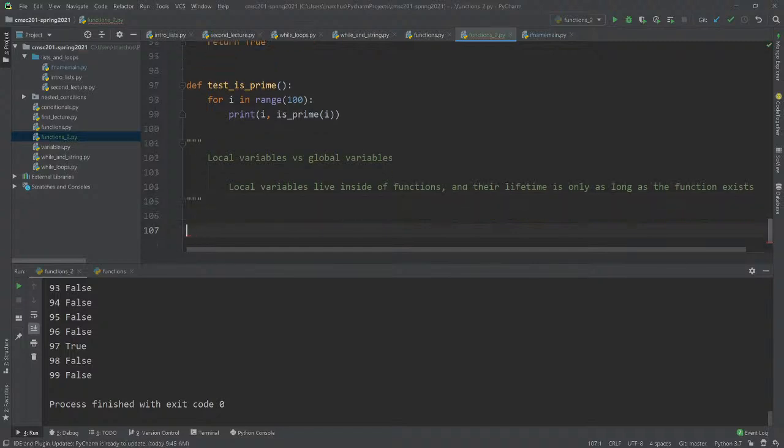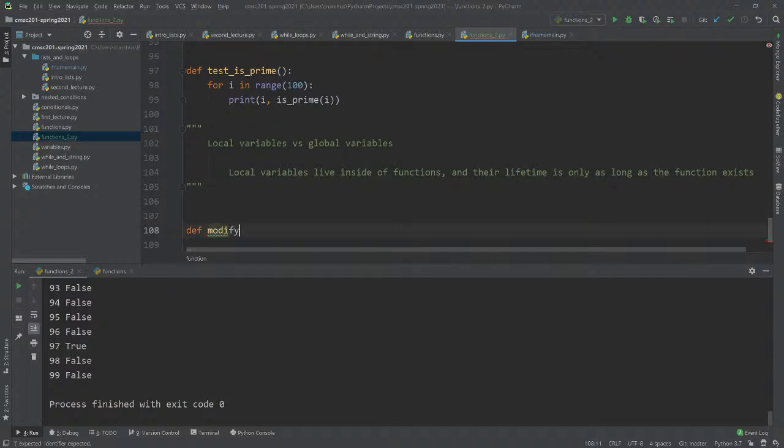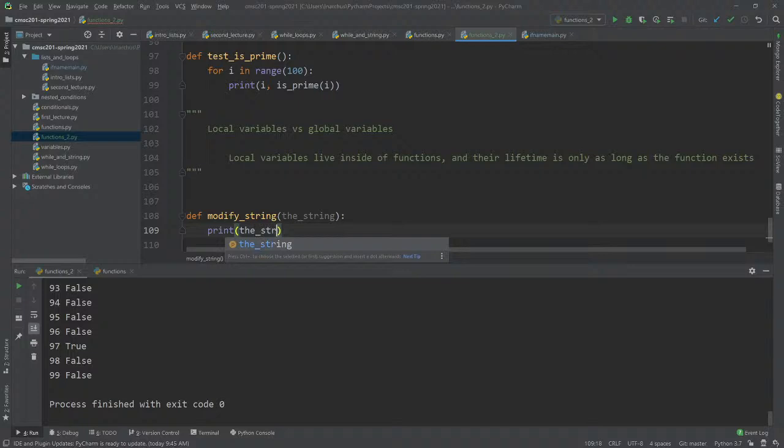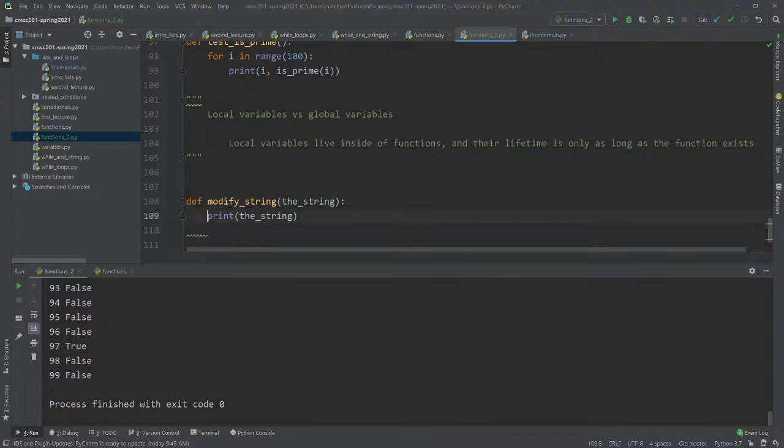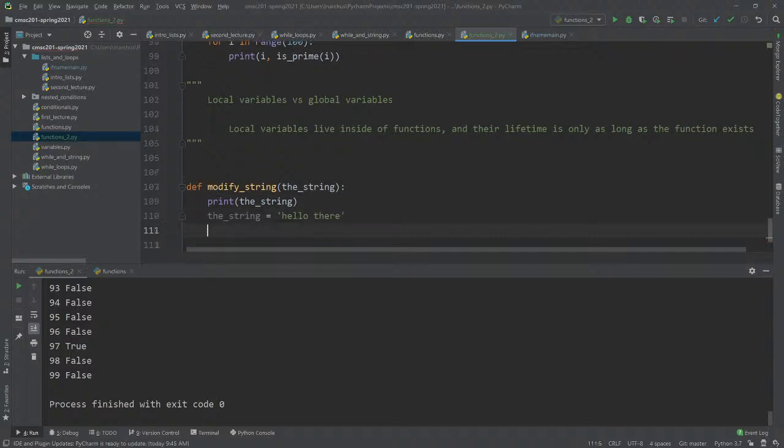So for instance here, let's say the string, right? So we're going to print out the string, and then we're going to modify it. We're going to say the string is now equal to hello there, and then we are going to print out the string, right?